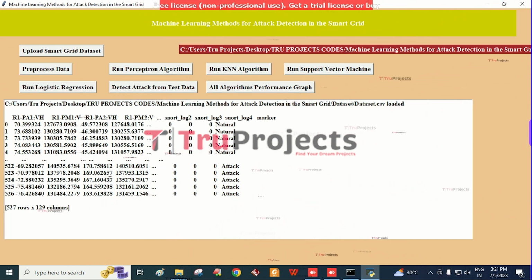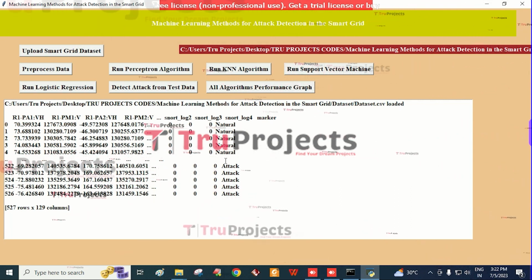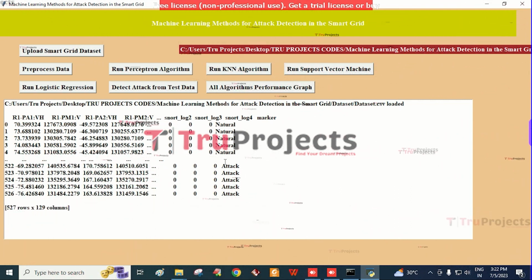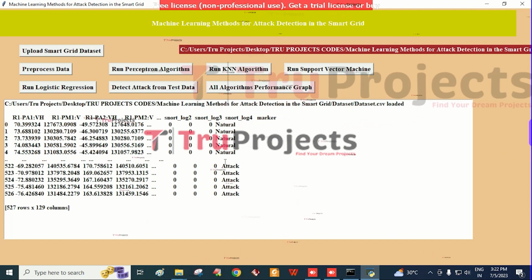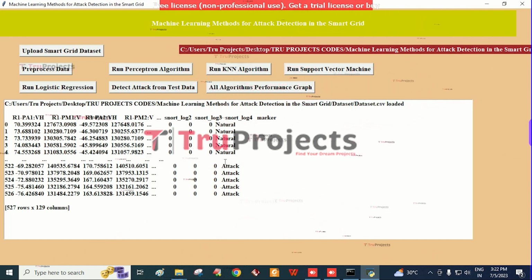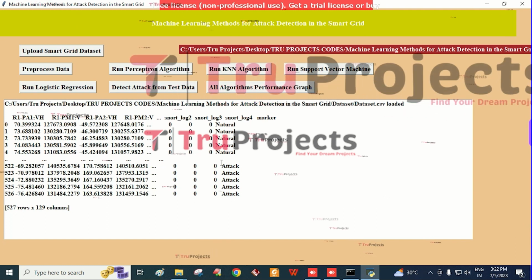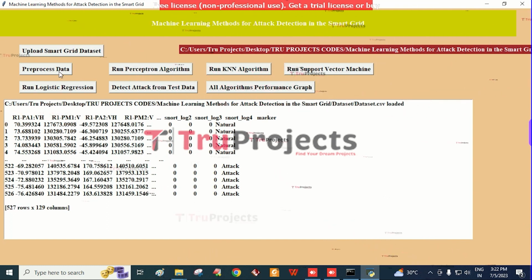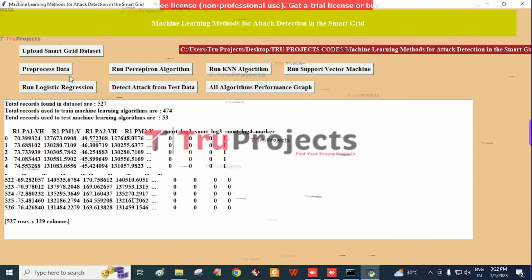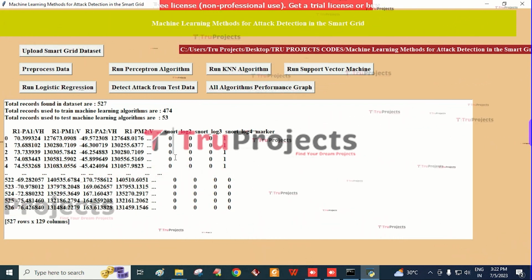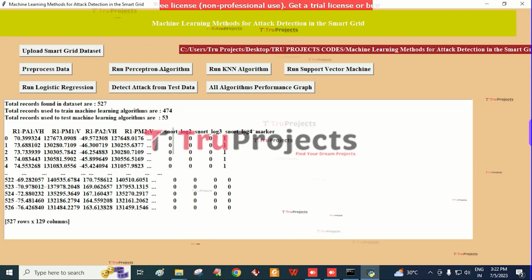within it, consisting of both numeric data and non-numeric data. But the machine learning model only considers the numeric data. For this, we need to pre-process the data and change the non-numeric data to numeric data, and then click on the Pre-process Data button. Here in this screen we can see that the non-numeric data is converted into numeric format,